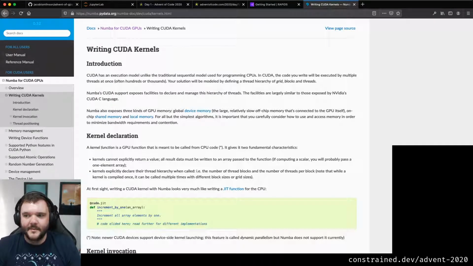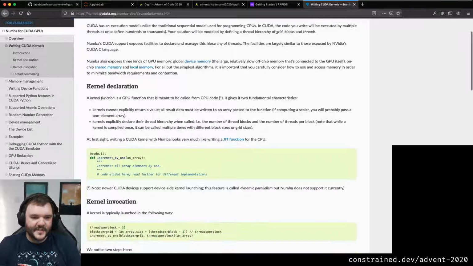If you build a PC, you get a motherboard, you put a CPU in the CPU slot, and the GPU plugs into a PCI Express slot. That PCI is kind of like a network connection inside the machine. By default, everything is on the CPU, which is where you do everything. If you want to do stuff on the GPU, you need to talk to it via PCI and move stuff. You have two lots of RAM to worry about now, your machine's RAM and the GPU's RAM, so you have to copy stuff back and forth. Now Numba will handle a bunch of this stuff for us, which is really handy.